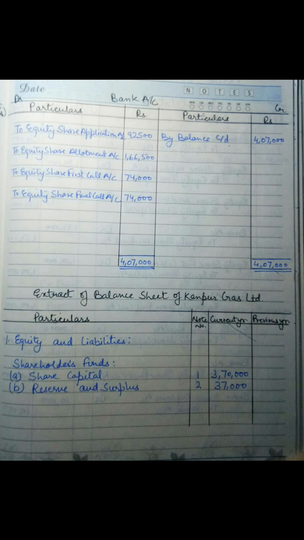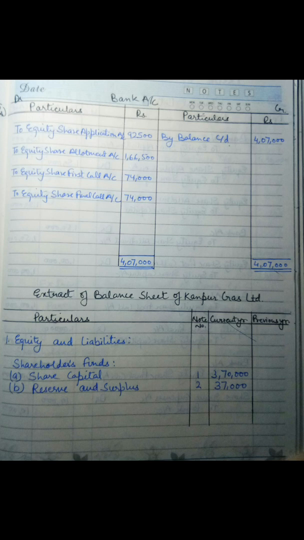And here again we have to balance the debit and credit side. So by balance carried down, the amount would become 4,07,000. Okay, and below that I have prepared the extract of balance sheet, where on the liability side, shareholders funds,